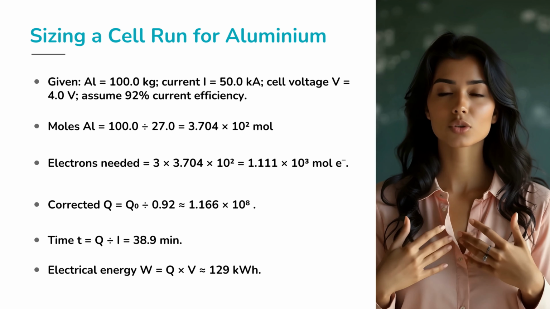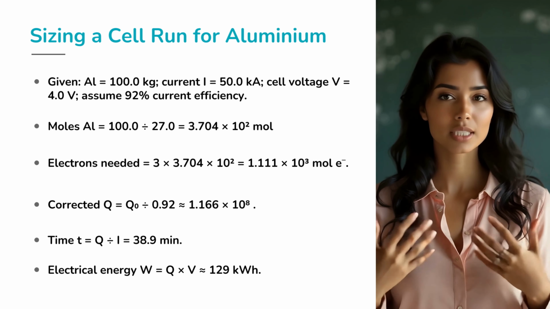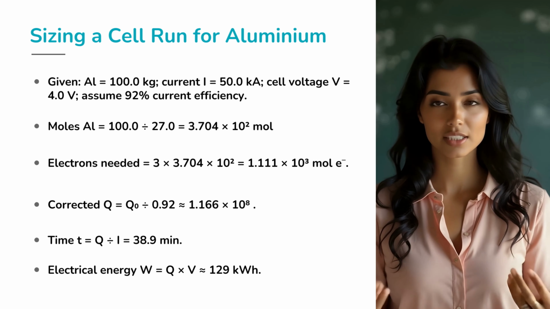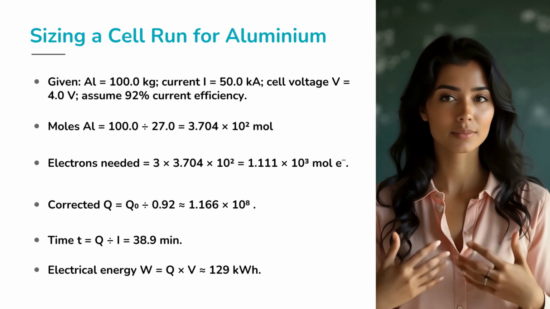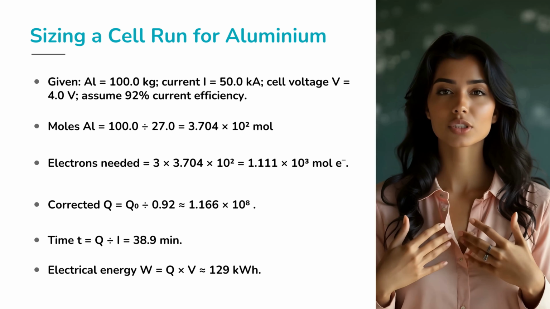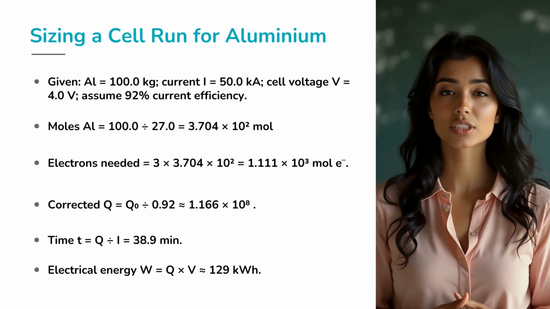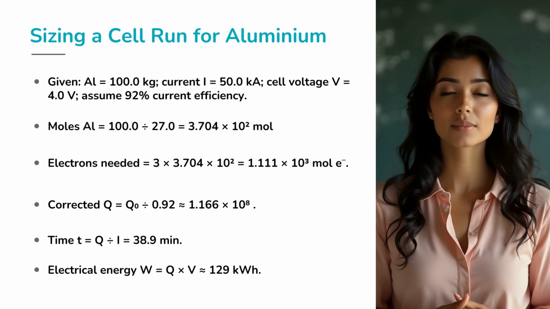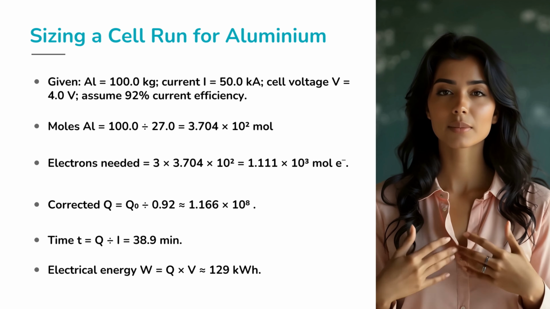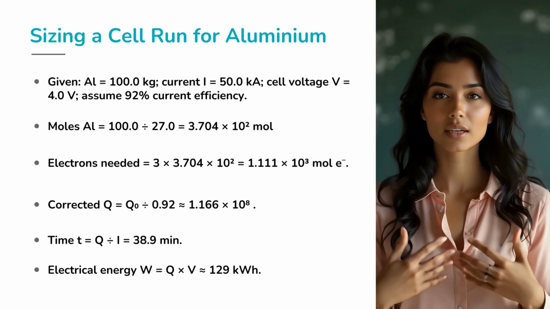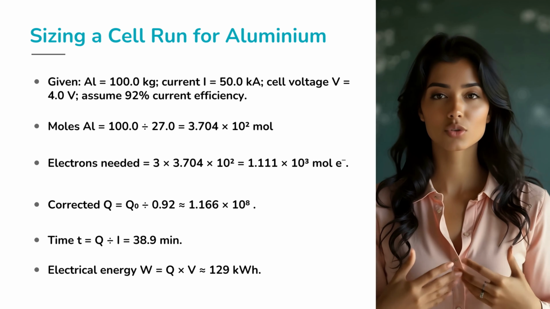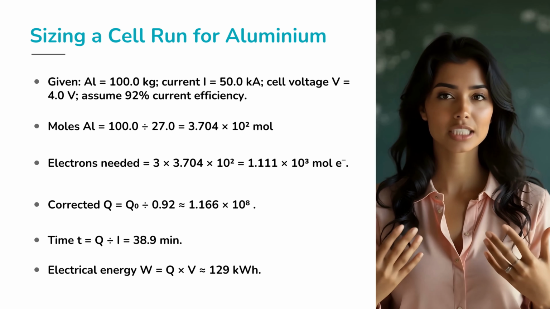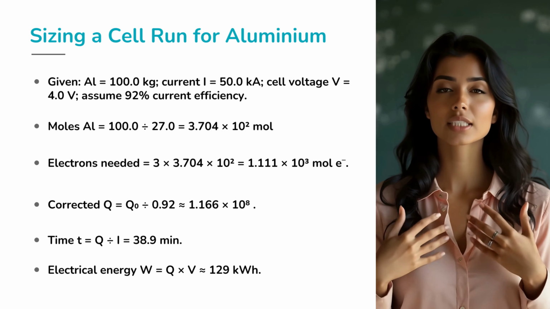Suppose we want to produce 100 kilograms of aluminium using a cell running at 50 kiloamperes and 4 volts with 92% current efficiency. Step 1. Moles of aluminium is equal to 100 divided by 27, about 3.7 × 10³ moles. Each mole of aluminium needs 3 moles of electrons, so total electrons is equal to about 11,100 moles. Step 2. Charge required is equal to nF is equal to 11,100 times